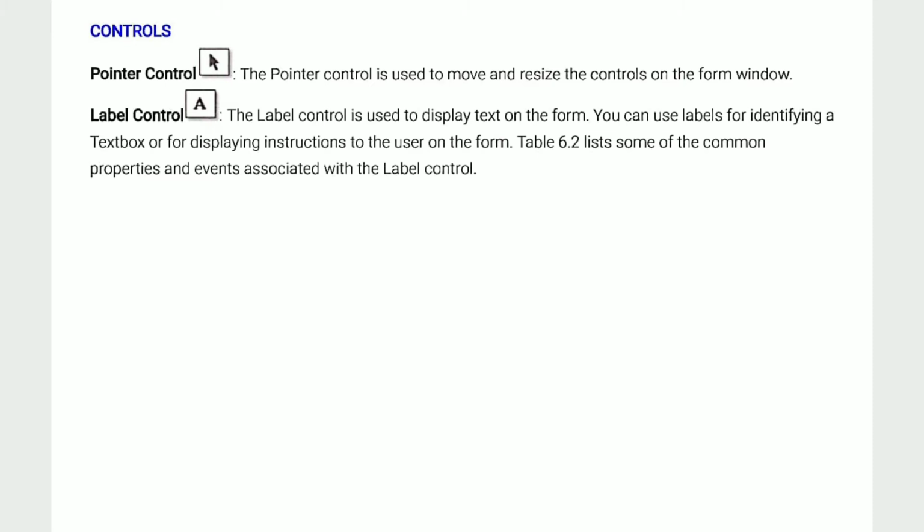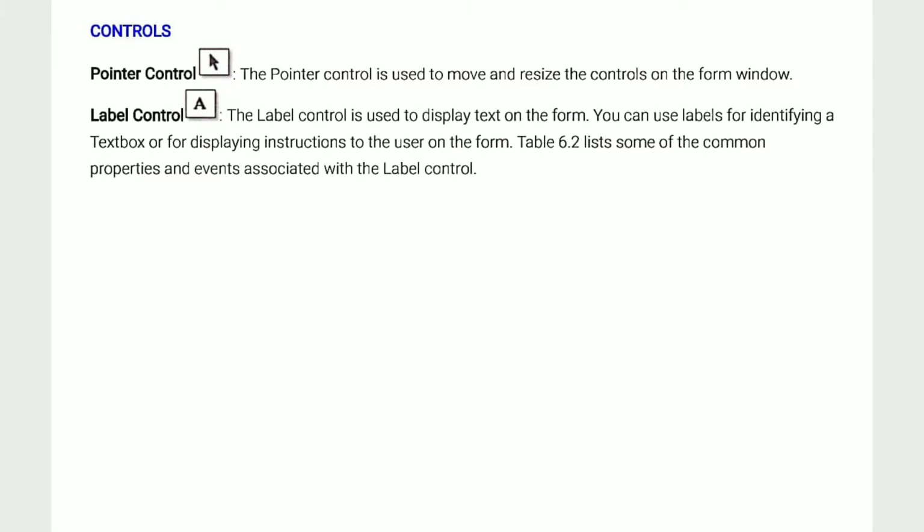This word name is a label. For writing any word on the form we have to use a label. By default the name of the first label is label 1.